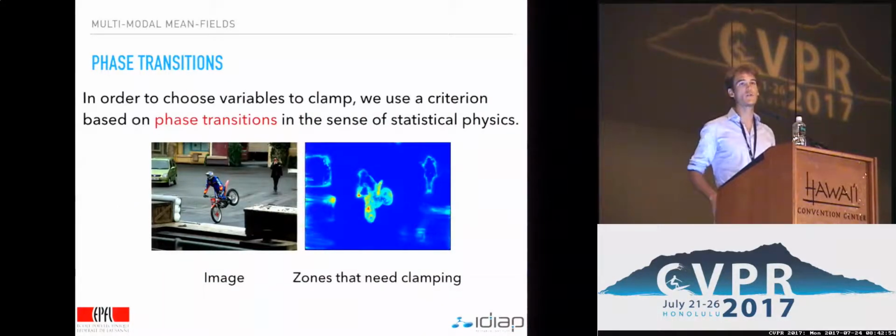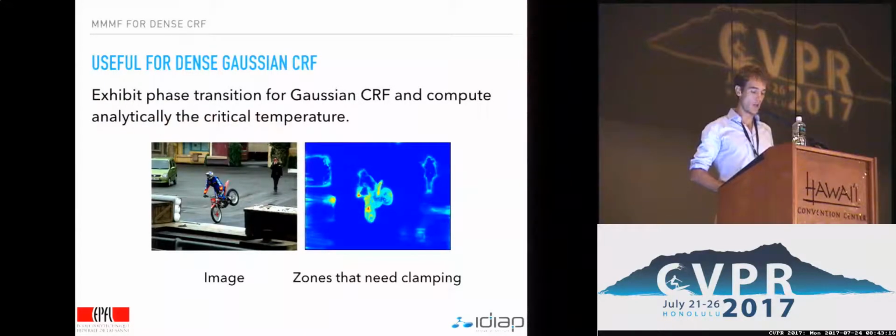In order to choose which variables to clamp, or in other terms, to decide on which parts of the CRF we need to add multimodality, we use a criterion based on phase transitions in the sense of statistical physics. Thanks to this method, we can find parts of the CRF which need clamping. As you can see in the image below, our method is able to find zones of uncertain labeling where we